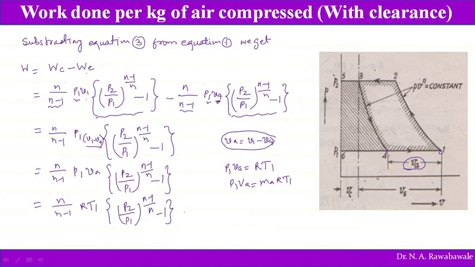We can call this equation number 4. This gives work done in Newton meter per cycle for per kg of work done. So this is work done per kg, because m is equal to 1, we are going to assume. If we assume m is equal to 1, we call this PV is equal to RT. So in place of P1 VA, we are going to write it as